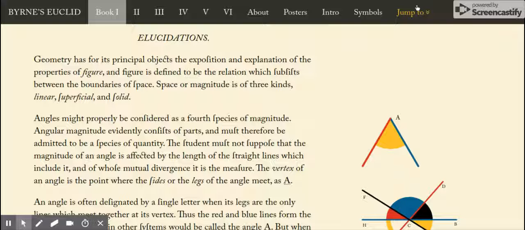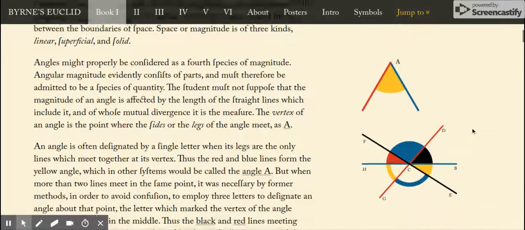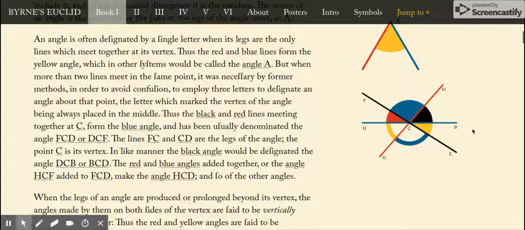The student must not suppose that the magnitude of an angle is affected by the length of the straight lines which include it, and of whose mutual divergence it is the measure. The vertex of an angle is the point where the sides or the legs of the angle meet, as A. An angle is often designated by a single letter when its legs are the only lines which meet together at its vertex. Thus, the red and blue lines form the yellow angle, which in other systems would be called angle